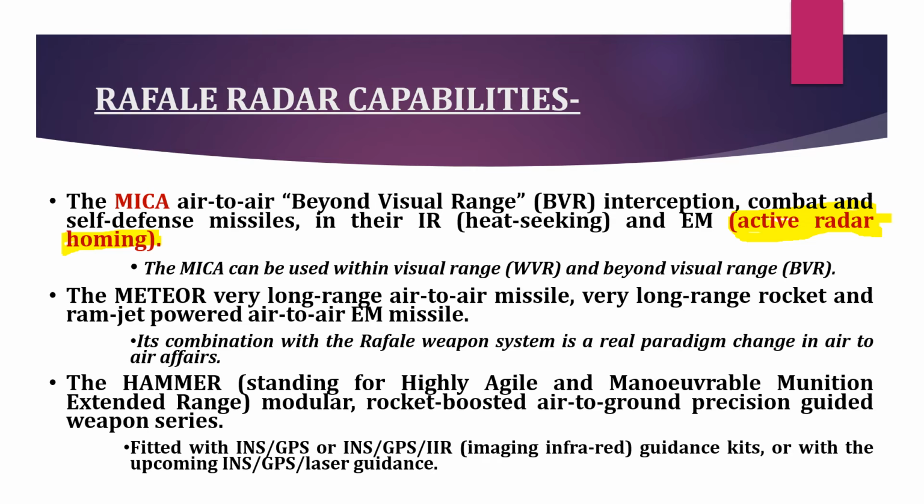So MICA is a missile which is a beyond visual range missile. Okay, so it is operated by this Rafale by both IR and active radar homing. Okay, so beyond visual and visual range both are covered in MICA. It is also equipped with Meteor, a very long range air-to-air missile, very long range rocket and ramjet powered missiles. Okay, so you can see in the news